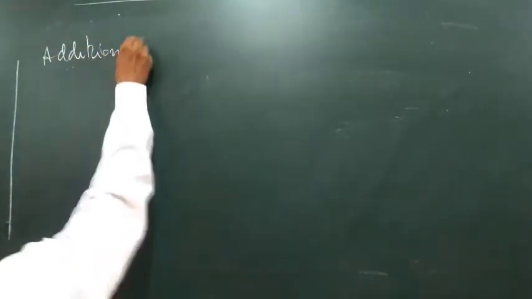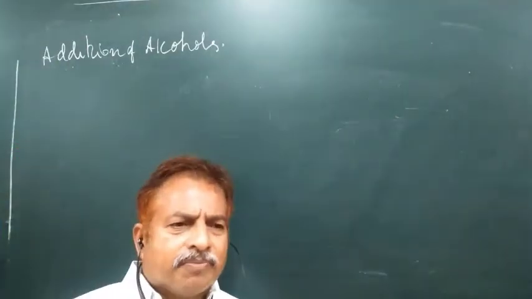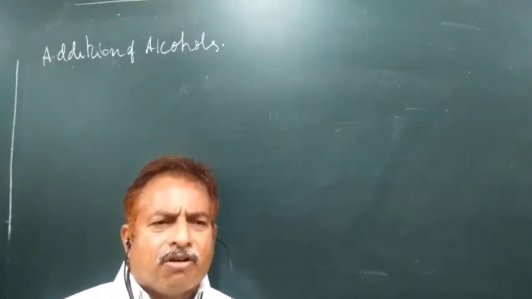Now let us see the addition of alcohols. Aldehydes react with one equivalent of monohydric alcohol in the presence of dry HCl gas, and we get an alkoxyalkyl intermediate, which we call a hemiacetal. This hemiacetal reacts with one more molecule of alcohol and we get